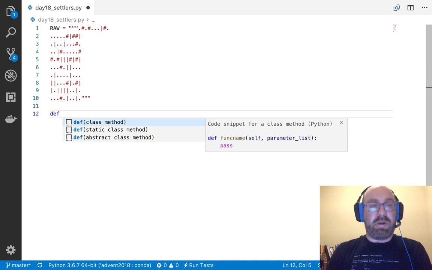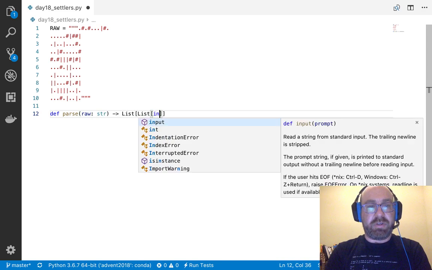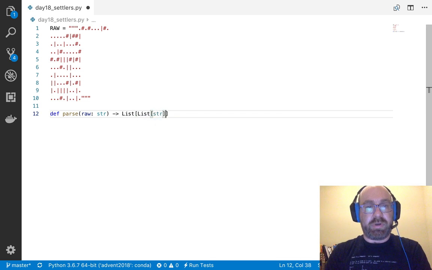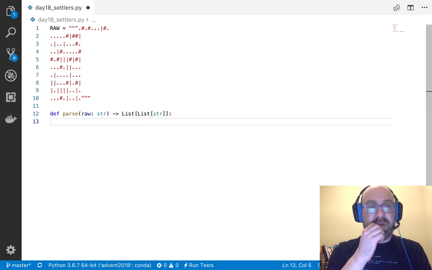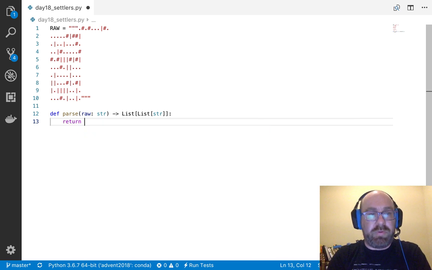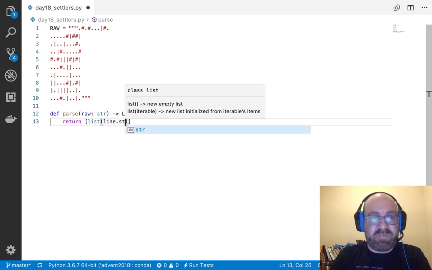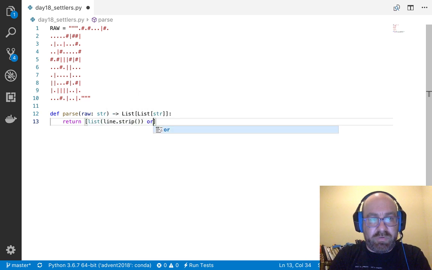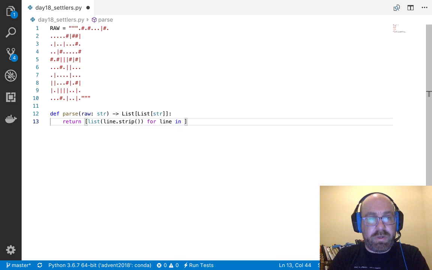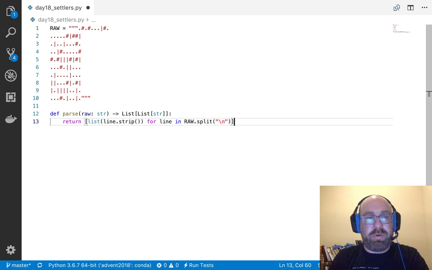Okay, so def parse raw, which is a string, and it's going to return a list of strings, and it is literally going to return a list of line.strip() for line in raw.split on new lines.